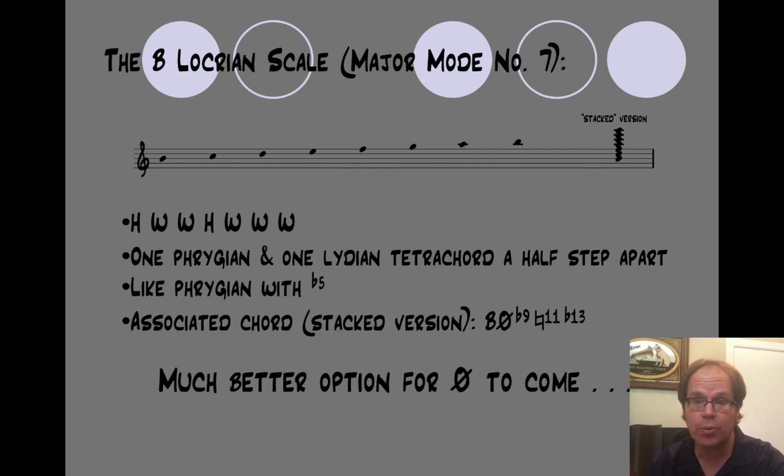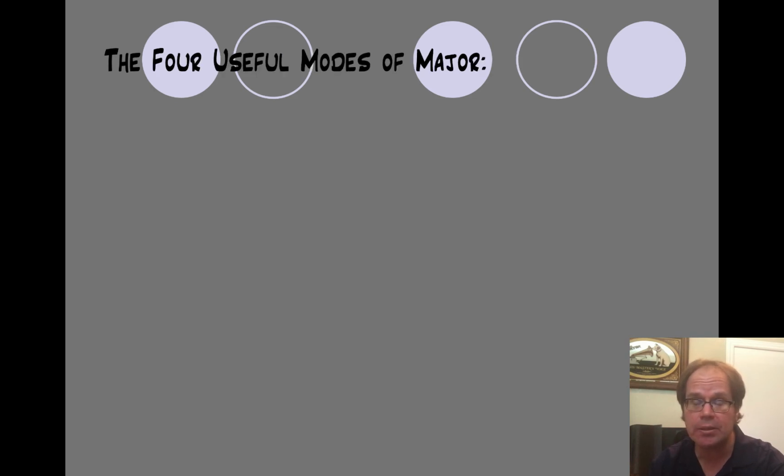So just as a quick wrap up here, we're dealing with 4 pretty useful modes of major. Mode number 1, which is Ionian, right? That's just the major scale itself, right? Very useful sound on major 7th chords. The only thing is that it has 2 avoid tones in it. It has the 4th or the 11th, and then also that upper register root or URR that we want to,